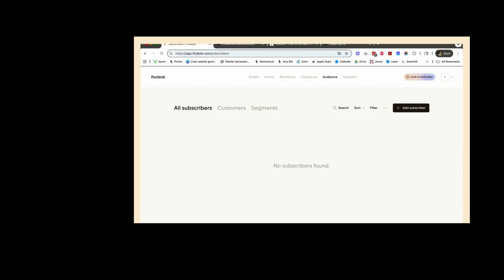Flodesk, on the other hand, says no, that's not how they do it. Everybody sits in all customers, but you segment them